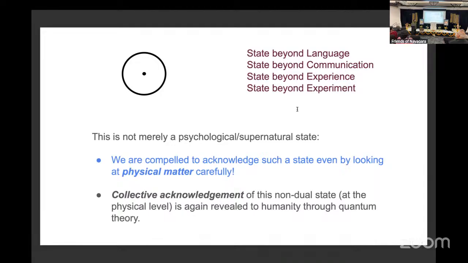Okay. So language problem. What I mean by experience here is all experience that I know is subject, object, predicate. I don't know any experience beyond that. You can tell me if you do. I don't.